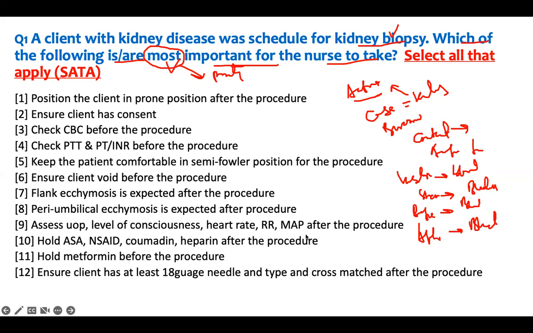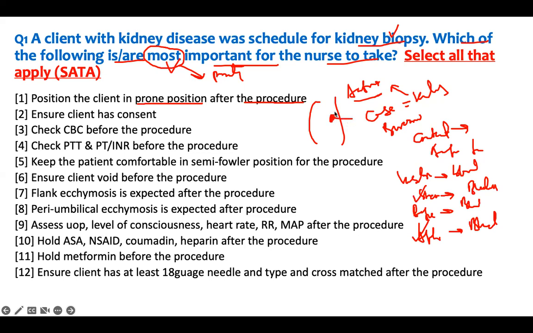Therefore, for any answer choice, if it's preventing bleeding before the procedure or after the procedure, you have to choose it. Number one, position the client in the prone position. That means face down after the procedure. The kidney is usually located on your back, the back side. Okay, if it's located on your back side,